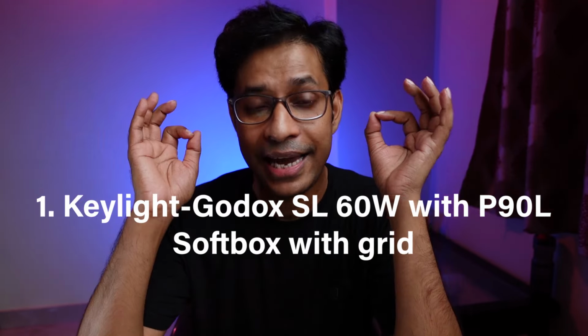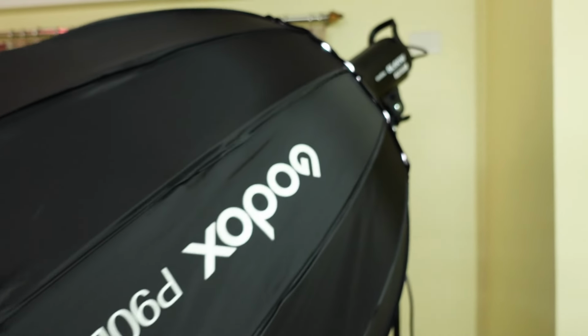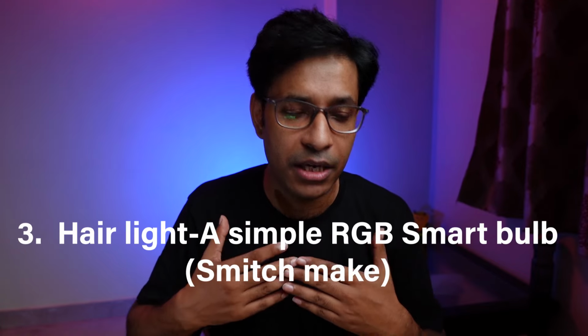For the key light, I'm using a Godox SL60W LED light, which is not RGB, along with the Godox P90L softbox with a grid. Okay, this is my main light, and this is the most expensive light that I have. And at the back, I'm using a Keylight RB08 to light up my background and to separate me from the background. And the RGB light, which I already had in my home before getting these lights, is used as the third light,